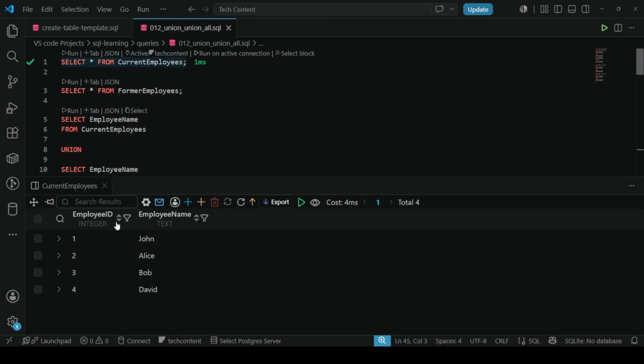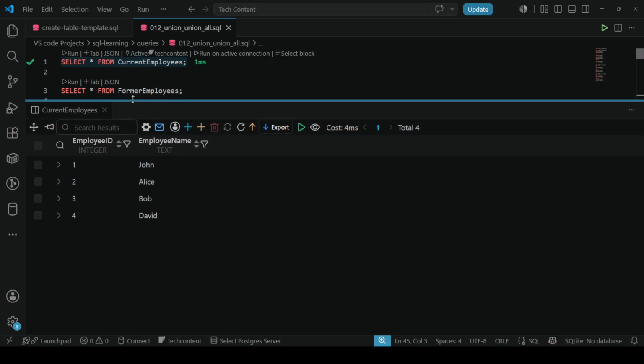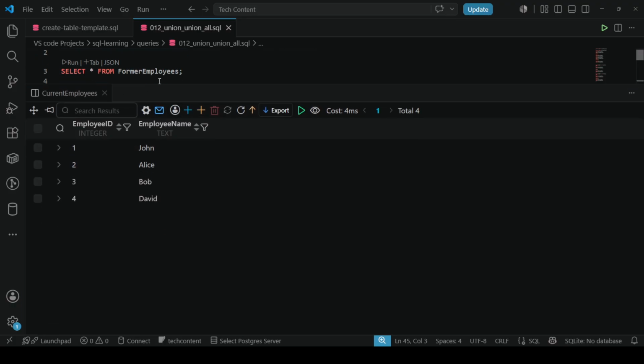This is the current employee table and this is the former employee table. Before we run the next query, how many names do you think the result will contain? Will Bob appear twice or once? Let's find out. Now, in my third query,